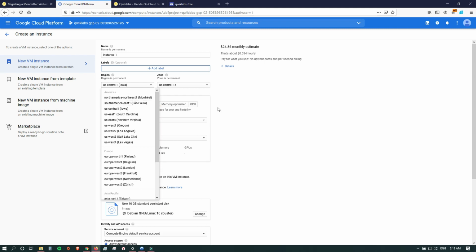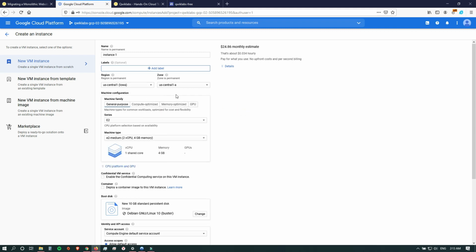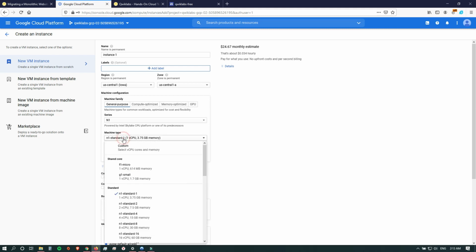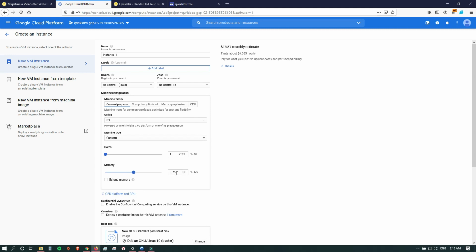For me, I'm gonna go with the default setting, and you should go here, pick this N1, and here click on custom, extend memory and increase it till the end. I'm gonna go here for like 6 cores,